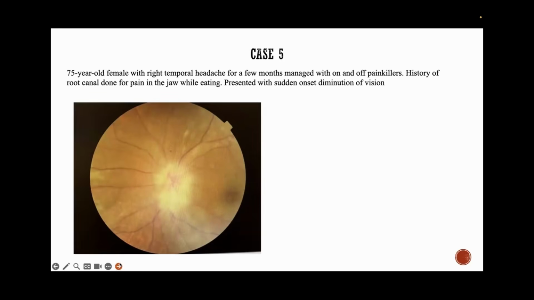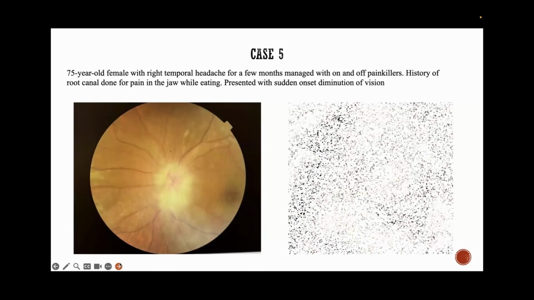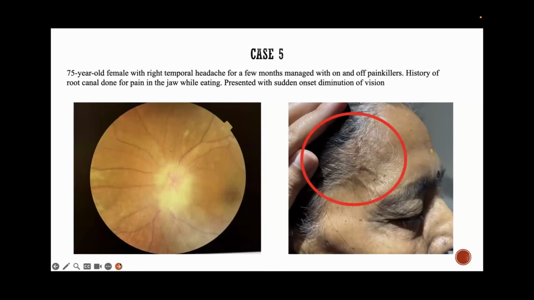But her symptoms, along with headache, she had weight loss, everything was there. So when I looked at her closely, just look at this. This rod-like thickening of the temporal artery. I palpated it, it was extremely hard, completely like a rod. And she had been visiting multiple doctors, from doctor to doctor she had been going. And she said, I told them also that something has become very hard in this area and there is pain in this area only.